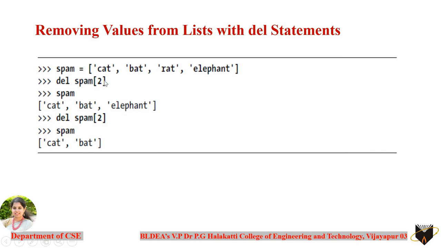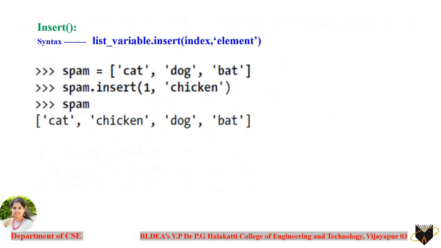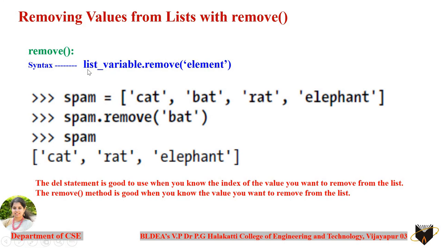So here you can see the delete method, which is used to remove or delete an element from the list here. But how is it going to be used? It is going to be used with a specific index value here. For example, you need to specify the index value to tell which element you want to delete from the list here.